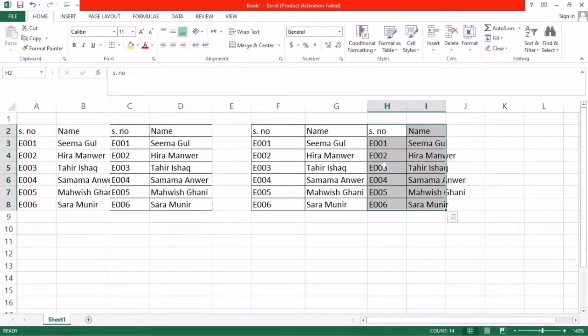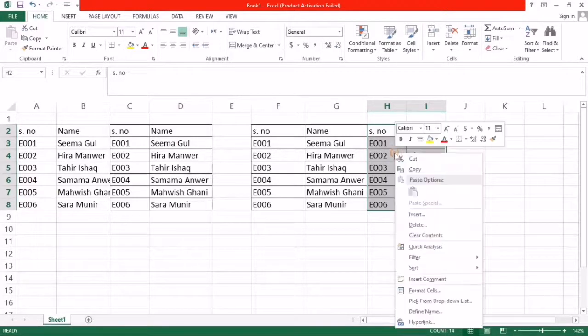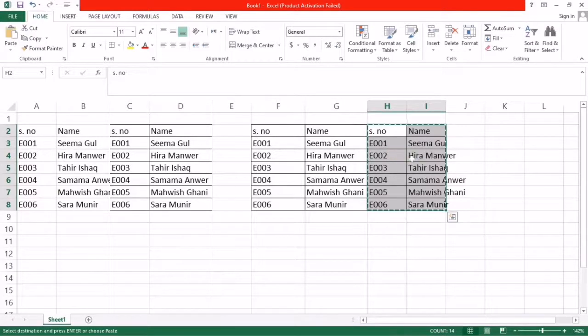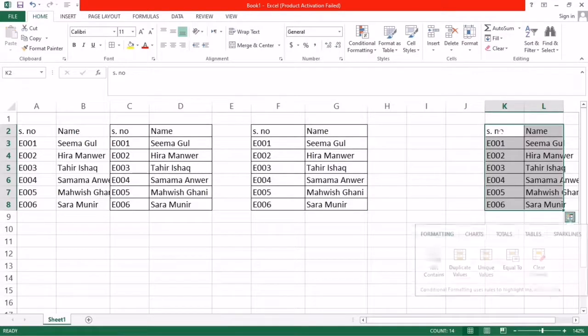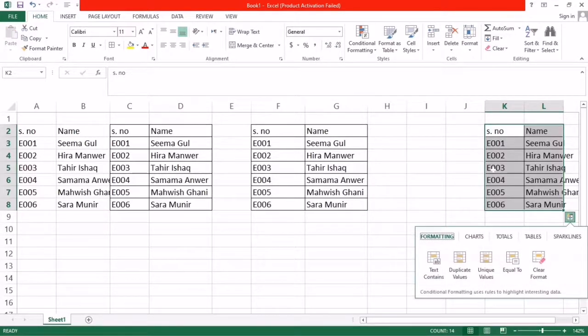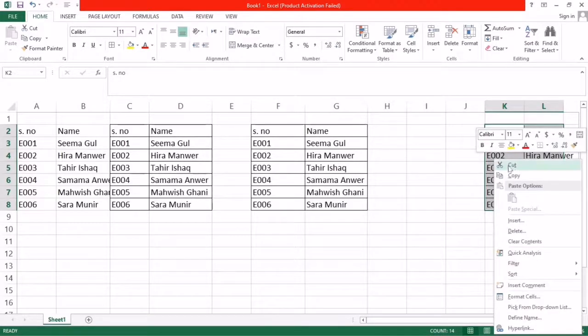Or the second one: this is already selected, I right click and choose the cut option, it again appears like this, and I place it here with Control plus V, and it appears on this side. So in this way we cut or move the data. For moving data, we use Control plus X from the keyboard and Control plus V for paste, and by mouse click we use the cut option and after this the paste option. I hope you understand this topic. After this you will practice on your computers.